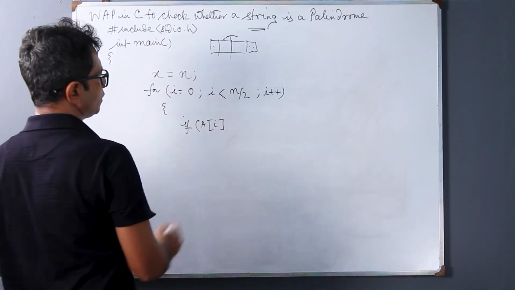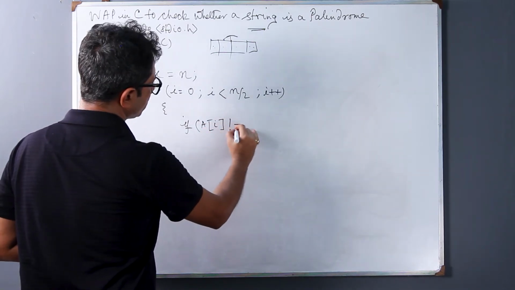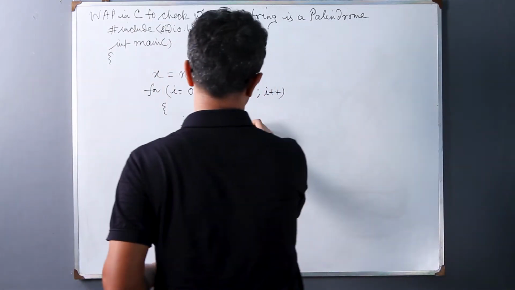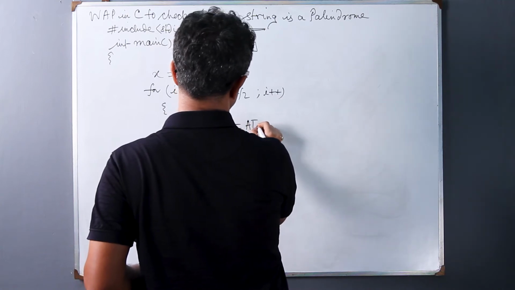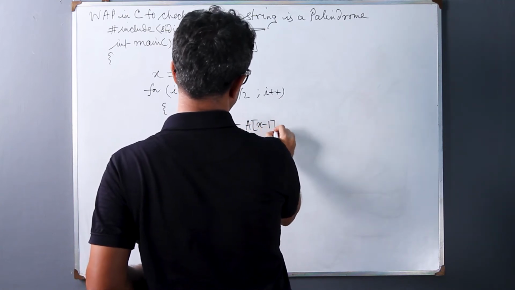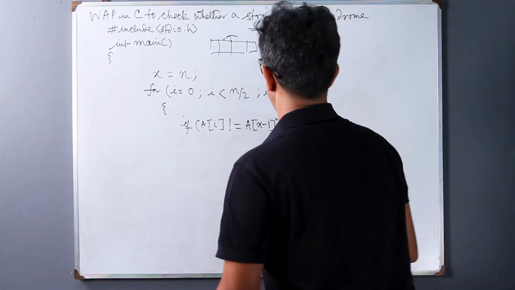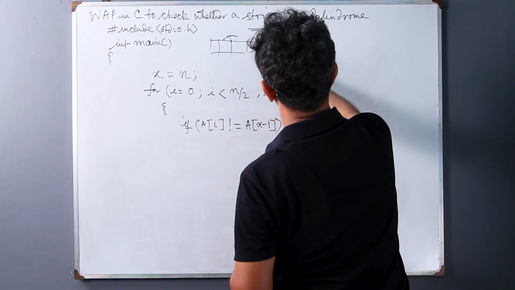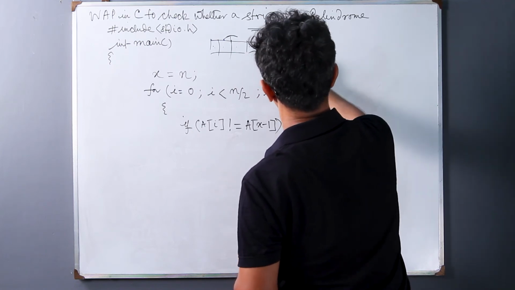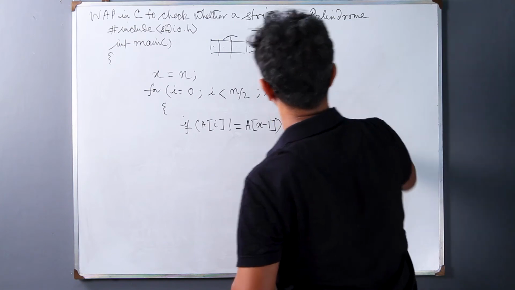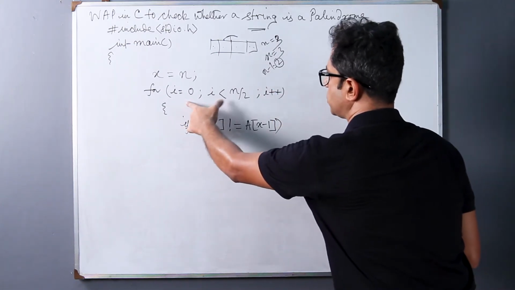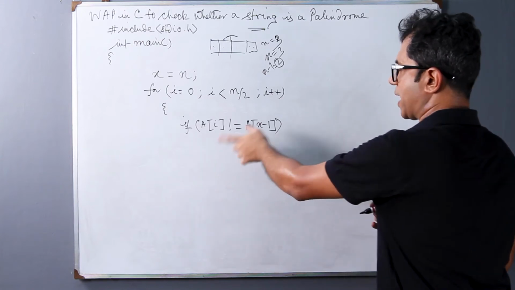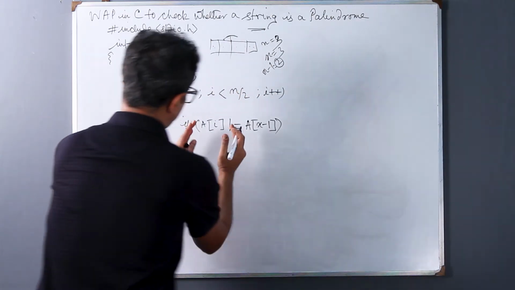a[i] is not equal to a[x minus 1]. x means the value of n. Suppose n is equal to 3, then x will also be 3, and x minus 1 will obviously be 2. So, a[i], that is a[0], will be checked with a[x minus 1],